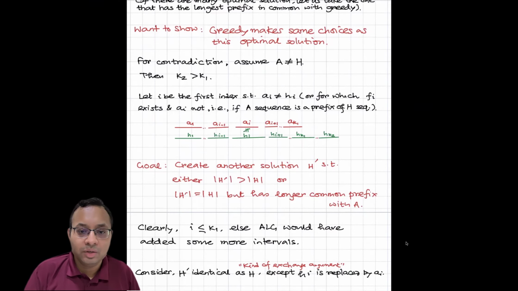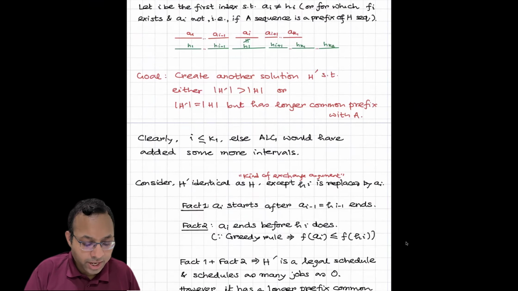Now we create another solution H prime, which either has more intervals than H or has the same cardinality, but it has a longer common prefix. So one point is if I is less than K1, then we can just add later intervals to the solution, and L will have more intervals. Now, if we look at H prime,